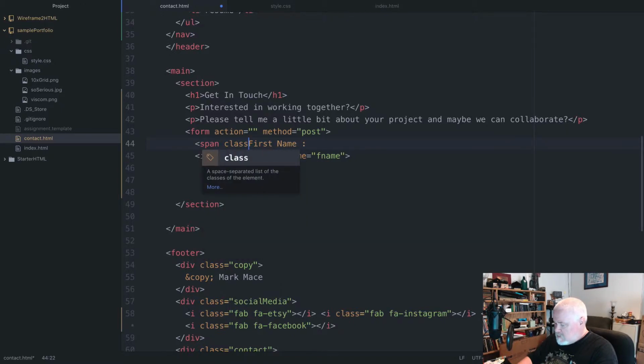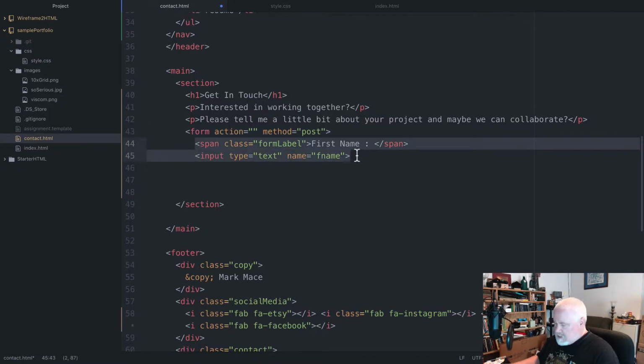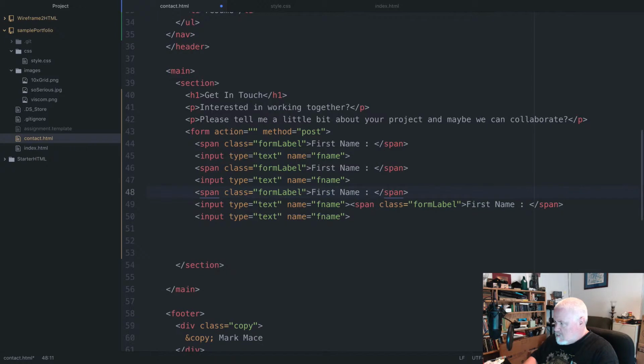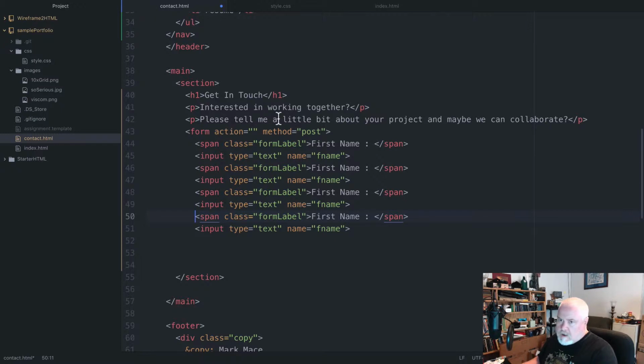We'll do class equals form label, and close the span. And since we have 4 of these that are really close to the same, I'm just going to highlight these, copy, paste, paste, paste. And then I just go through and edit them so that they match up correctly. So last name,